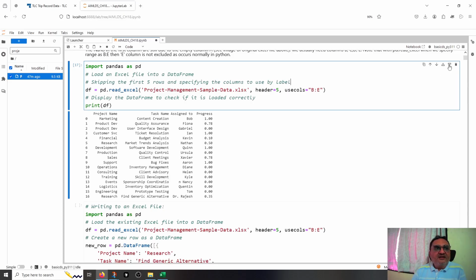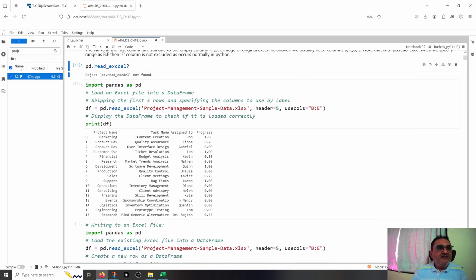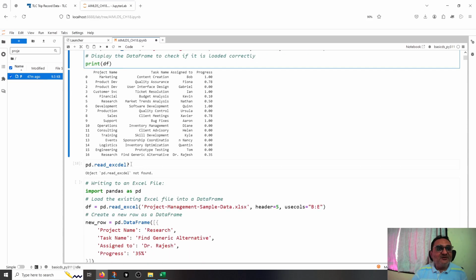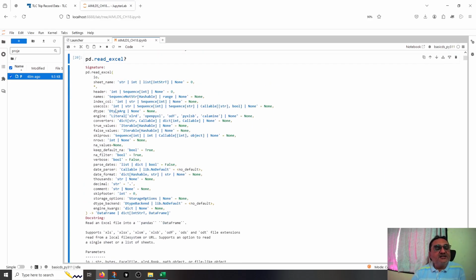Again, you should not think that there is a need to remember them, because I have shown you that pd.read_excel, and put a question mark and run it. I think it will be below, because I'm importing my pandas here, no? So still it is showing read_excel. Okay, and you get the entire function signature of this read_excel, all the options which are available with it. For example, the header which I have used. So somewhere here header will be there. Then for example here options are skipfooter, then date parser, then